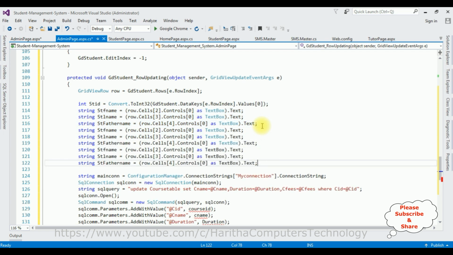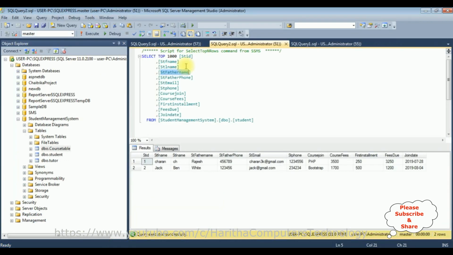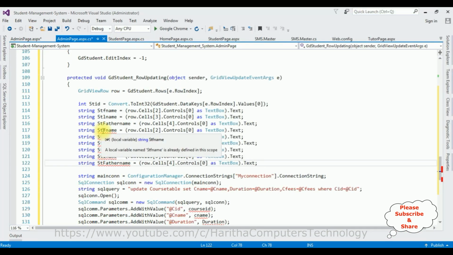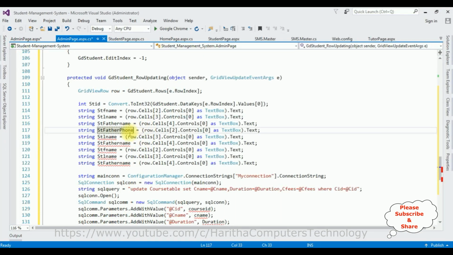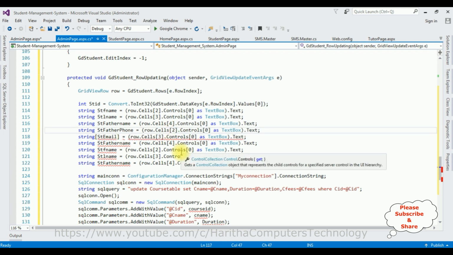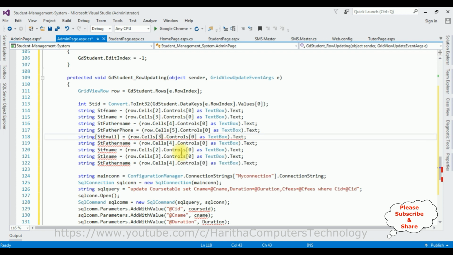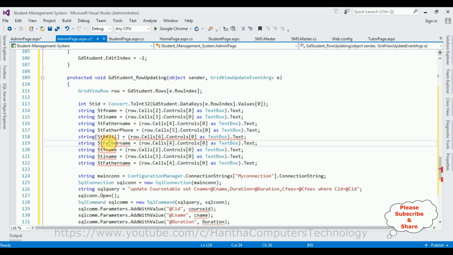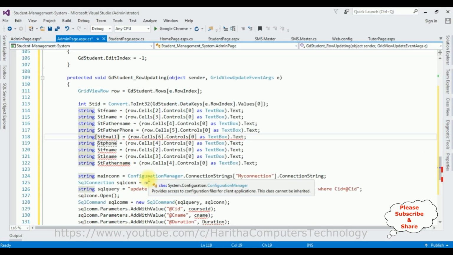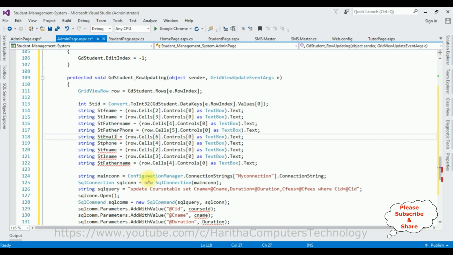Let's create some more variables for the rest of the columns. Student father phone, student email. The father phone number cell is 5th and the email is 6. Student phone, copy that one. Here we don't require these brackets. The cell number 7,